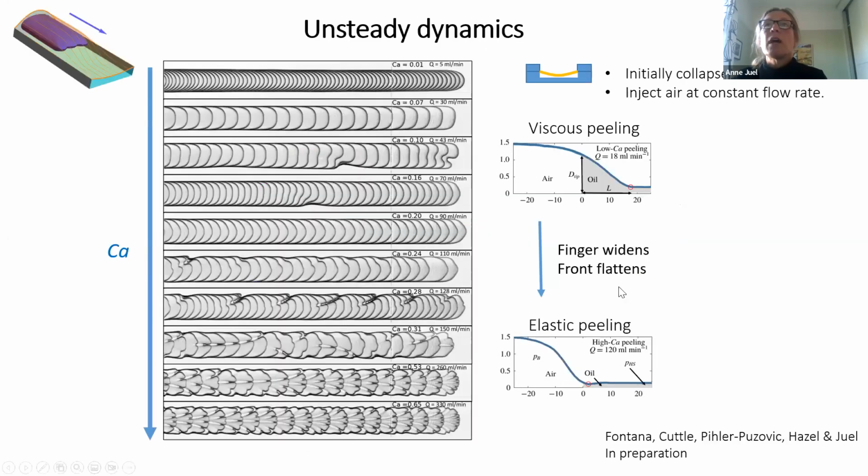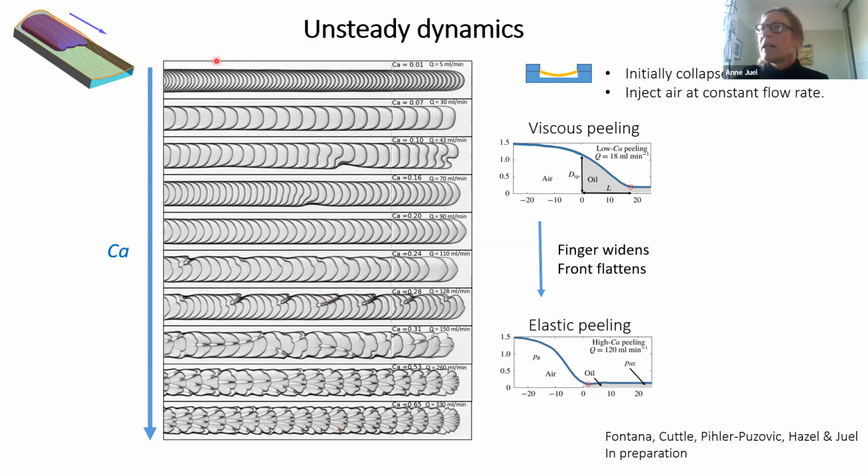And actually, if you now look at, say, you choose a certain level of collapse and you inject air at constant flow rate, and you do it for increasing flow rates, so this increases the capillary number here. Essentially, what you see is that you get a whole host of different complicated dynamics, much more complicated, again, than what you would see in the rigid channel. So you start with a rigid channel type, simple symmetric fingers up here. Oops, I need the laser pointer up here. And then as the capillary number increases, you basically get to more and more complex dynamics.